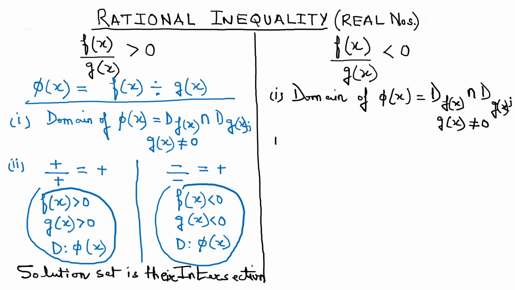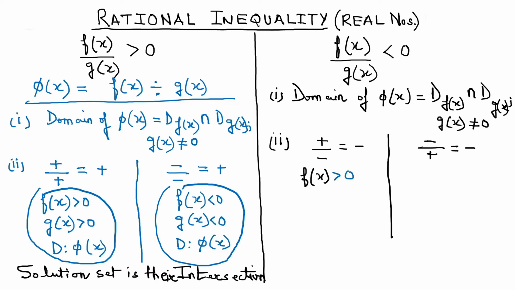When you have specified this, then the next point that we would make here is, we know that if I divide one number by another number such that the result should be negative, this is possible only when I take the numerator as positive and the denominator as negative. It is then we get the answer as negative. Or we take the numerator as negative and the denominator as positive. It is then also that we get the answer as negative. So you will make two cases here, which is just like saying the numerator is positive, the denominator is negative,